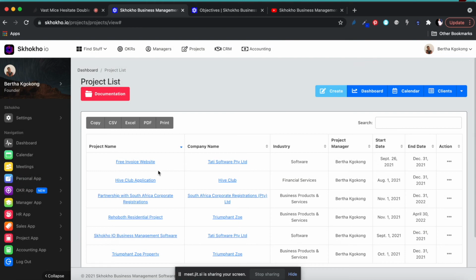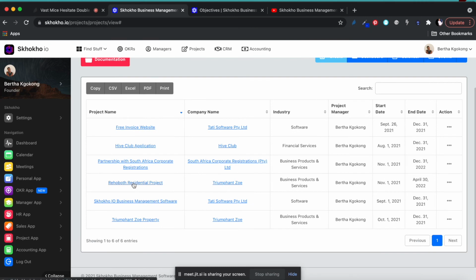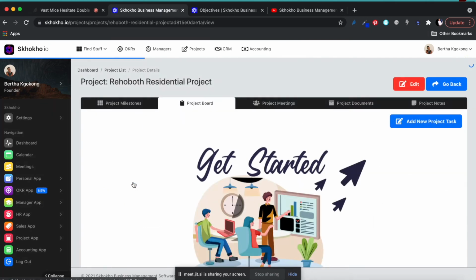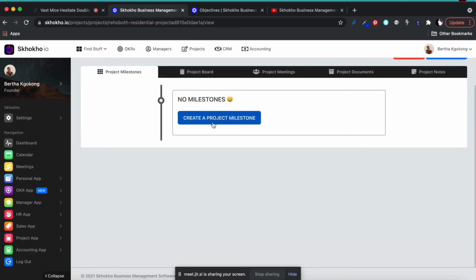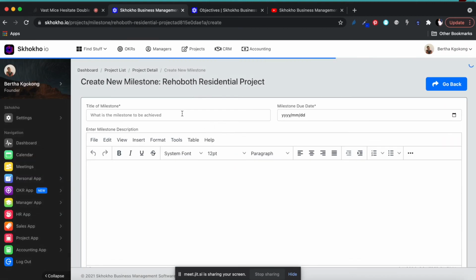Now you've got that new project, the Rehoboth residential project. You can click on it and it takes you to the project details here. On the project details, you've got the project milestones. This is very, very important. Before you can even do tasks, you need milestones. Any project has a milestone, a major deliverable that you need to achieve. So your first milestone might be complete BOQ by the end of the month. That's a milestone. So you're going to create a milestone there and say, the title of the milestone is to complete